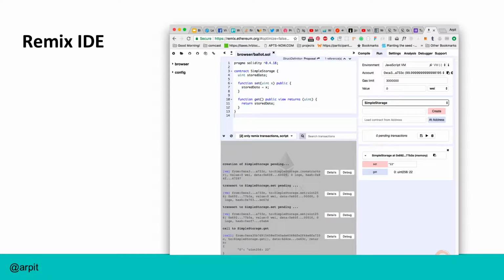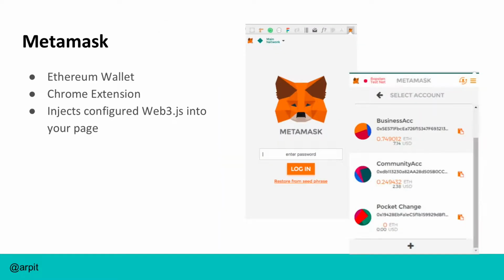What's really cool is you write your contract here, and all the tools to compile, run, deploy, and debug are right there. The way we have done stuff, we've just written our entire contract on Remix, and then copy pasted that into the final version.